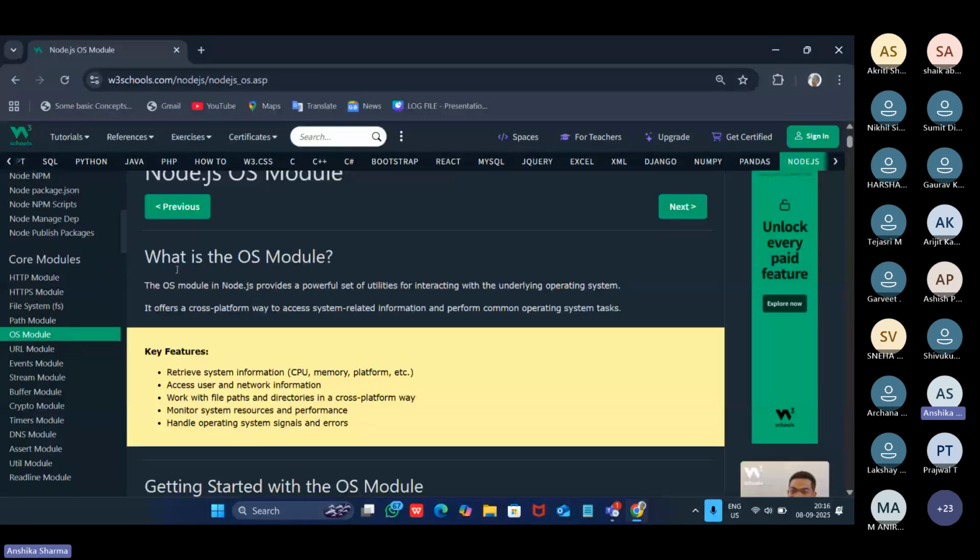It offers a cross-platform way to access system-related information and perform common operating system tasks. As we have already seen, in the path module we were trying to access different operating systems. Even the OS module has similar features, but it also offers different features so that your website can run over every different operating system, right?